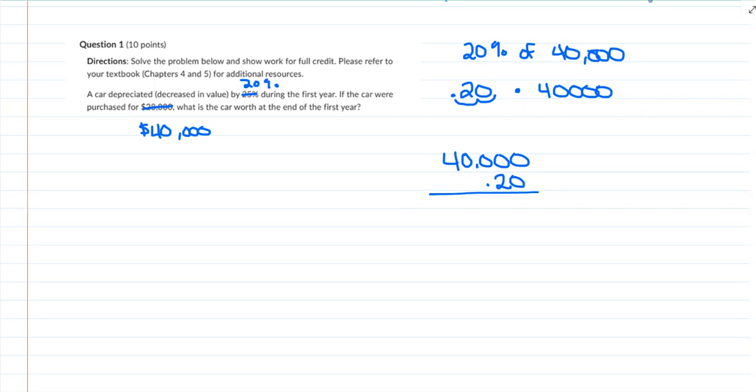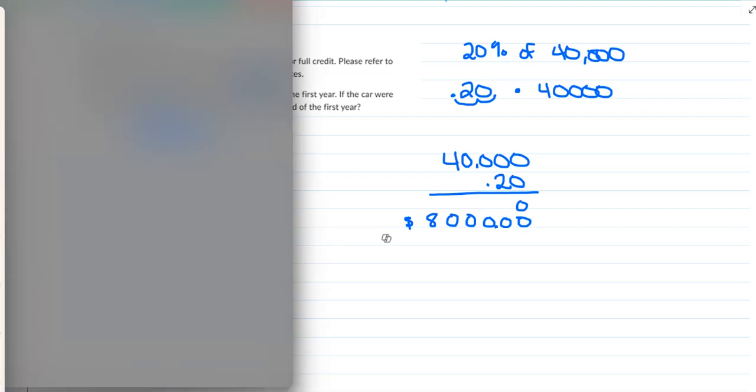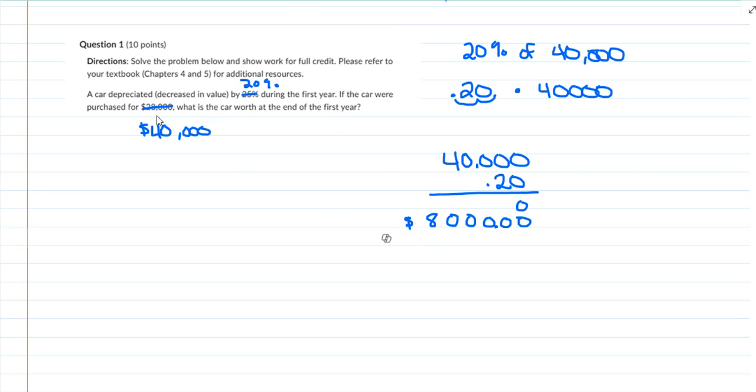There's going to be a lot of zeros as we go through here. So 0 for this whole thing, 0 times all of this. Come down to the 2. So 2 times 0, 2 times 0, 2 times 0, 2 times 0, 2 times 4. Okay, and then you have 2 decimal places, so that's going to go right here for the 2 decimal places. So 8,000 for this. Again, check it in your calculator if you'd like. 0.20 times 40,000, 8,000. Okay, so 8,000 is how much the car depreciated, but we want to know what the car is worth